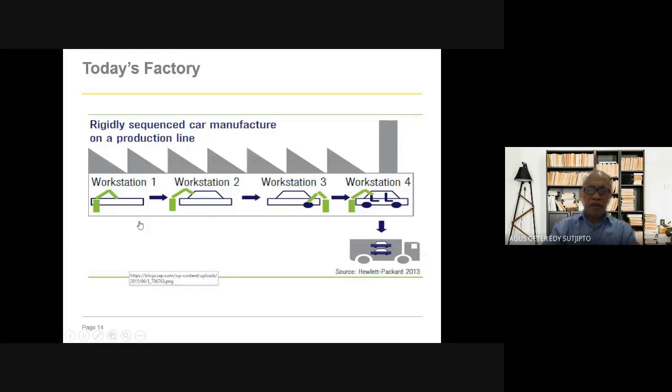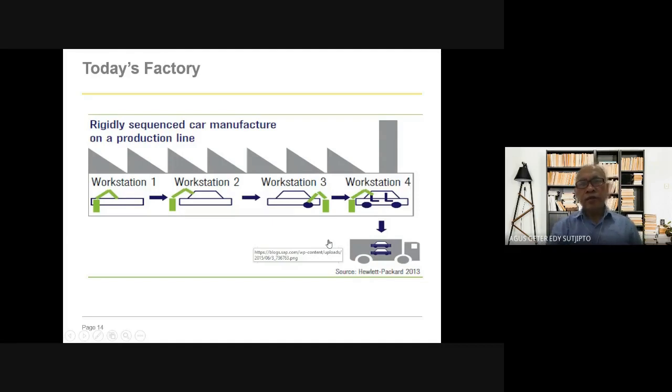The production line consists of workstations 1, 2, 3, and 4, depending on the function. This one puts on the body and then the cap, and then assembles the tires and then seats, etc., and then delivers to the customer or to the distributor.